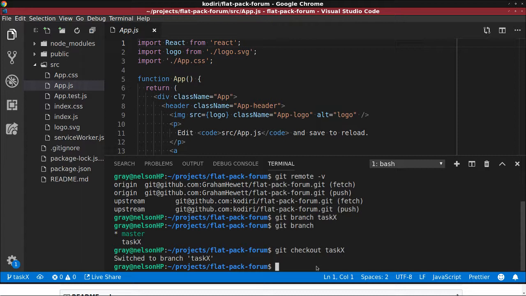So, Richard, could you edit line number 11 in app.js for me and put whatever you want there and push that as a change, and I will do the same, and we won't fetch from the upstream before trying to